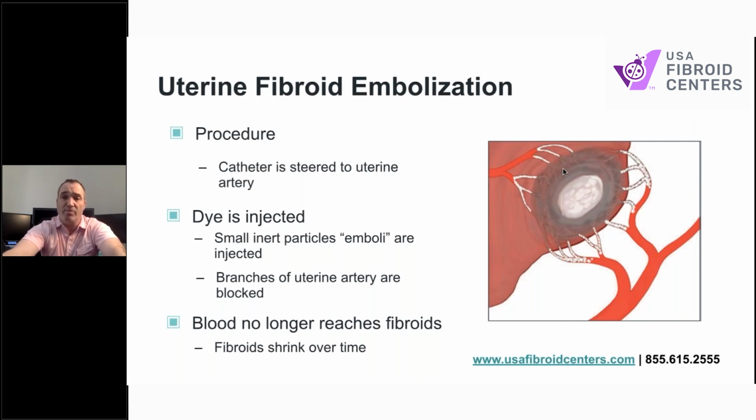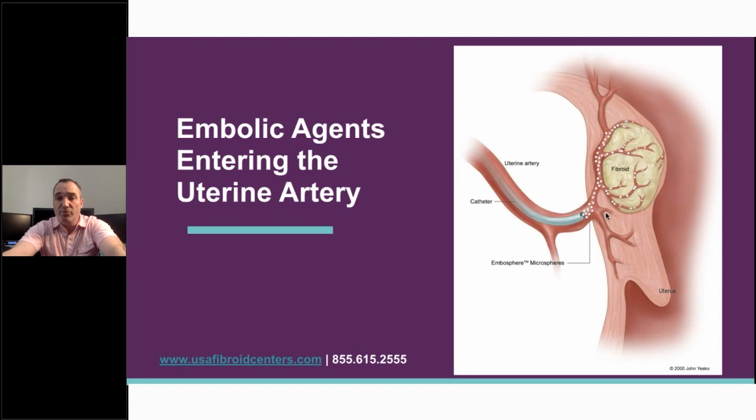Now, this does not happen immediately, but usually people have a significant benefit, especially for heavy bleeding, within the first cycle, by one period in. Now, most people know that these fibroids will shrink over a period of time. So as much as 6 months to a year, the fibroids will continue to shrink down. But as I said, many women with severe bleeding do really well. And I've seen it be so fantastic. It's like turning off a faucet, and it's very rewarding for myself and certainly very rewarding for the patient.